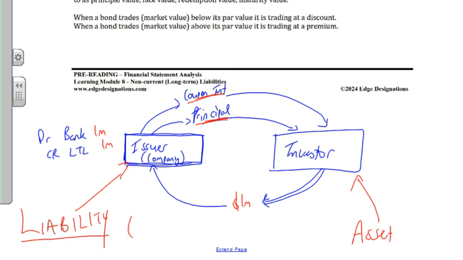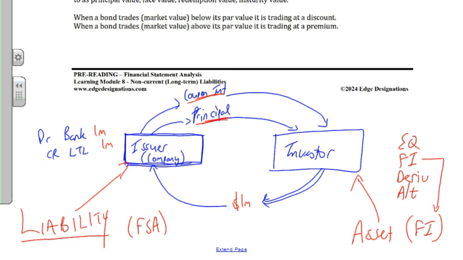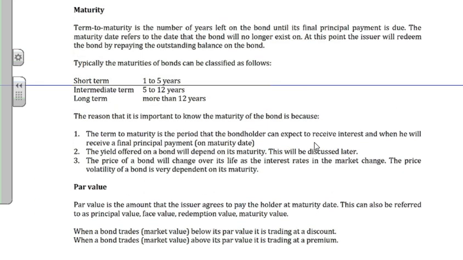On the liability side, where do we see that, guys? We're going to see that in the financial statement analysis section. In an asset section, we're going to see it in the fixed income section. Remember, in CFA Level 1, we deal with 4 asset classes: equities, fixed income, derivatives, and alternative investments. This one falls under the asset class fixed income, because you can see its nature there. Now that we've got that out of the way,